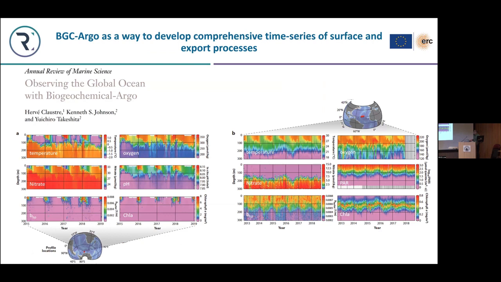Here is an example of a time series in the Southern Ocean, in the seasonal ice zone. You can see the white bar, meaning that the float is acquiring data below the sea ice, and then after transmits all the data when the ice retreats. On this time series, if I take the backscattering and the chlorophyll, you can see the seasonal cycle linked to the production of biomass at the surface. But these small dots represent spikes, which I will say are proxies of large particles sinking in the water column